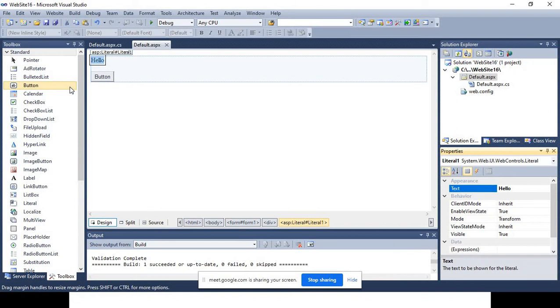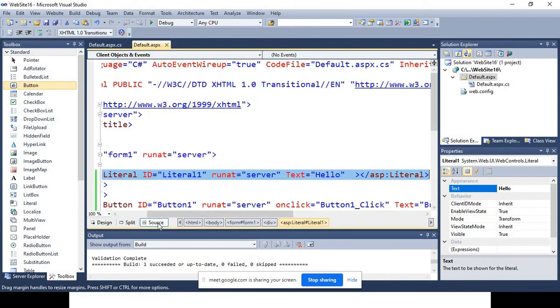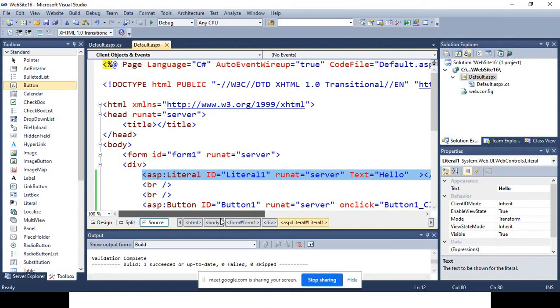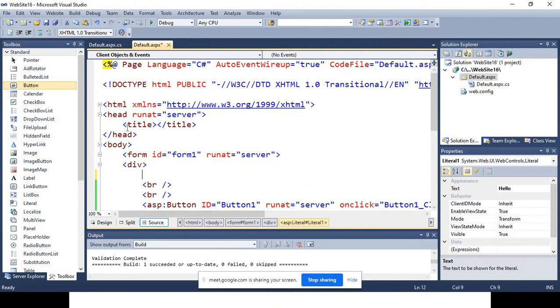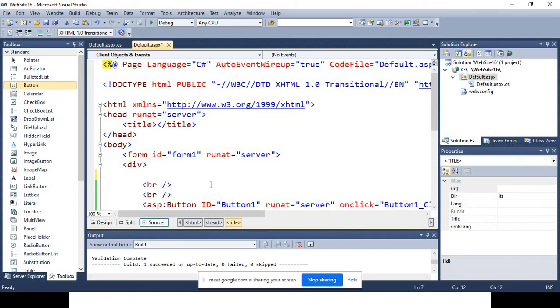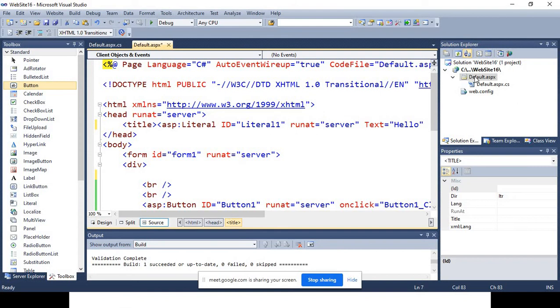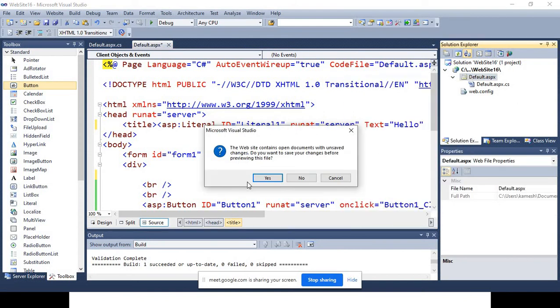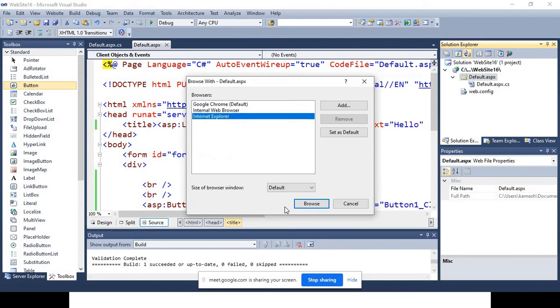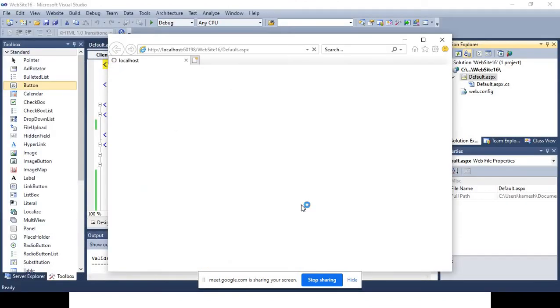Okay, fine. Now we go to the source, cut your literal control from here and put it in a title tag. Now if you run this page in Internet Explorer, are you getting anything?